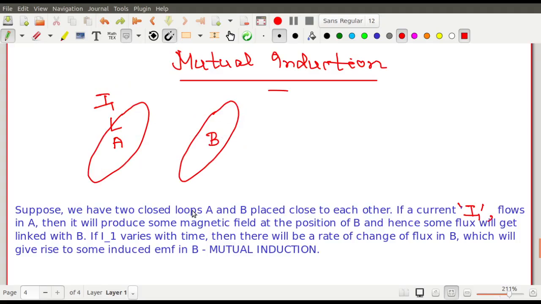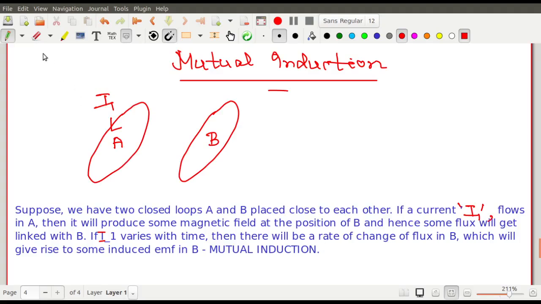Okay, fine. এবার কথাটা দেখে নাও, we have two loops A and B. If a current I1 flows through A, then it will produce some magnetic field at the position of B, right? So there will be some flux linked with B, এখানে flux linkage থাকবে, and if I1 varies with time, here it is I1, এটা কিন্তু I1,